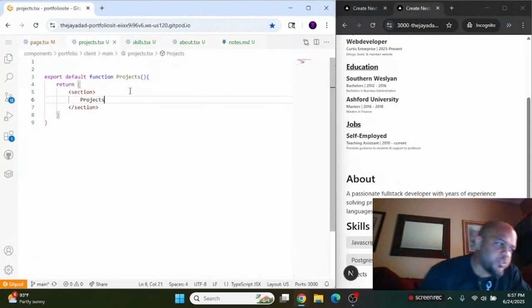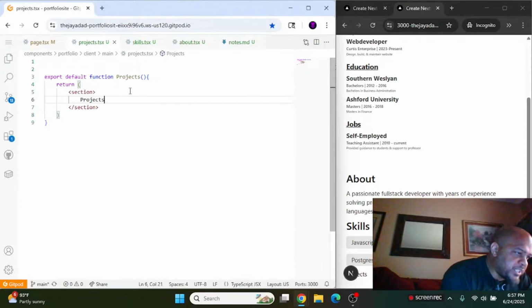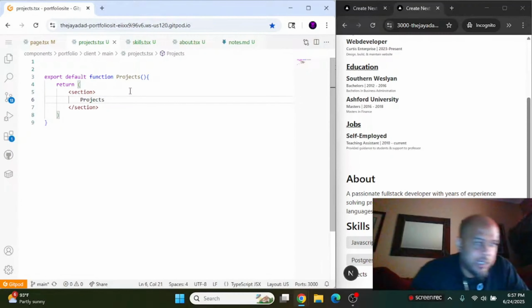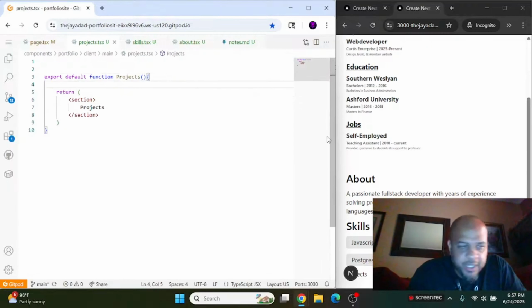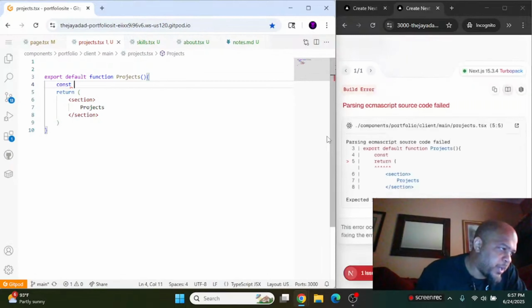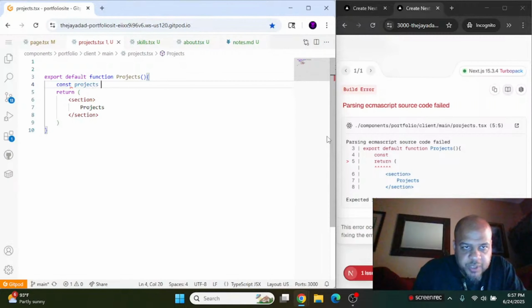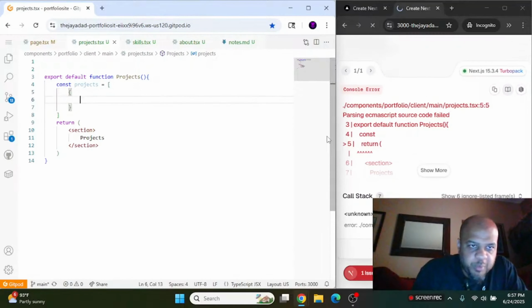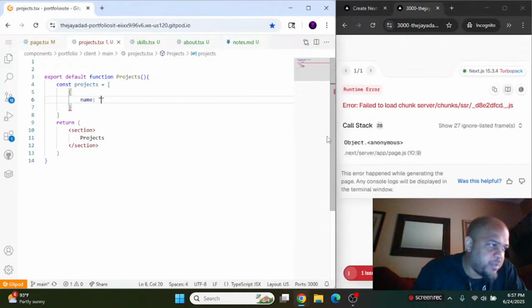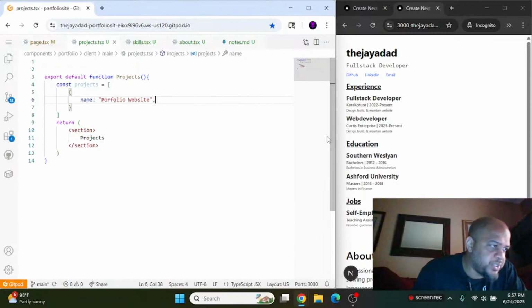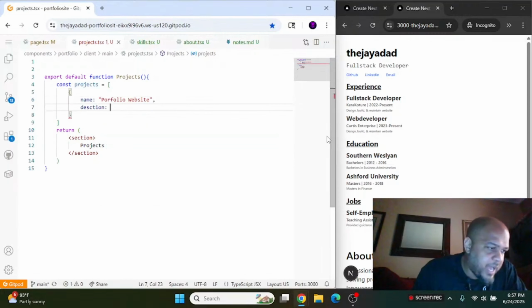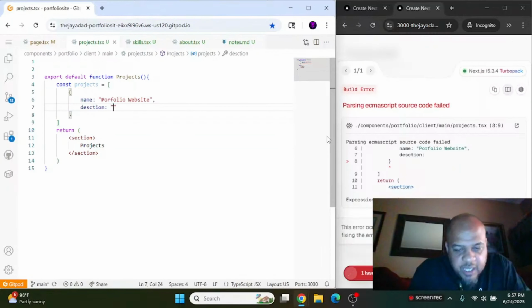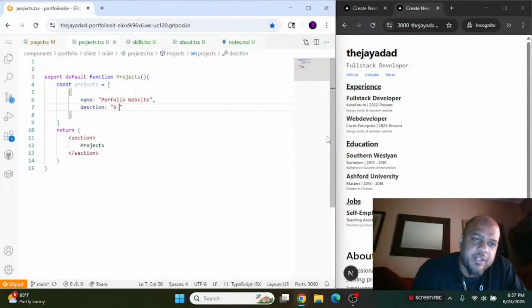Let's go ahead and knock this out. So now we have the project section, which is the main portion where we'll be highlighting what it is that we're capable of doing. First thing I want to do is create an array of objects that's going to represent the projects. Eventually, like I mentioned before, we'll be pulling this information from a database, but for right now, we're just going to bring it in as an object in JSON format, if you will, and use that as something on screen